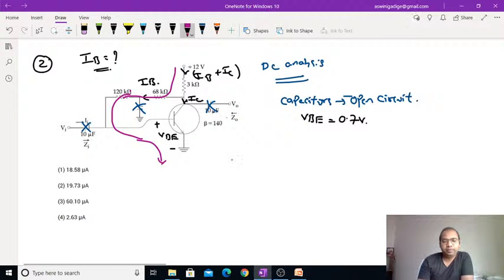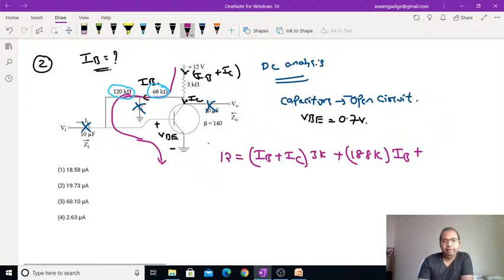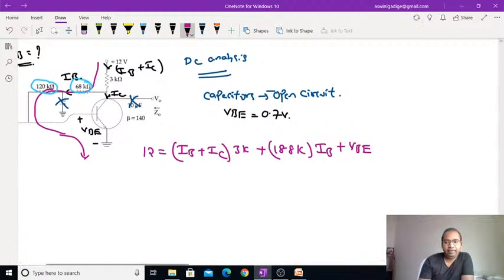Okay, so now what I will get is that 12 volts is equal to (IB plus IC) into 3 kilo ohms, plus both these two resistors come in series whenever this capacitor is open circuited, correct? So 120 plus 68 becomes 188K into IB plus VB. Fine. So it is a KVL expression, guys. And from this KVL expression,